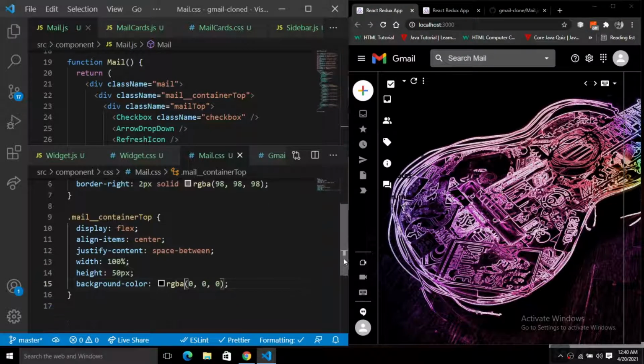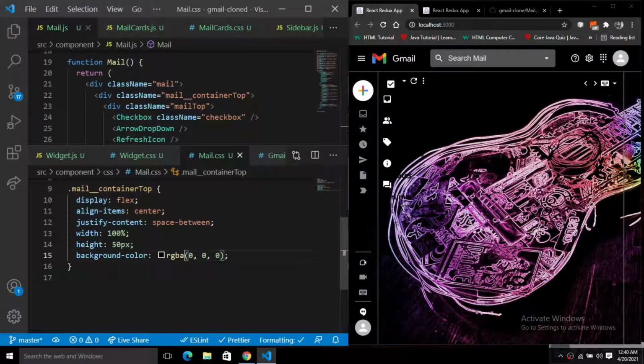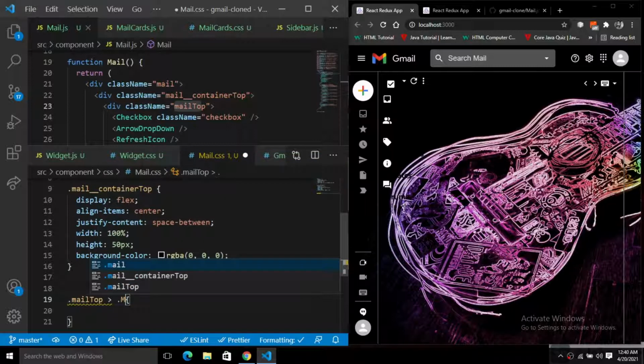So first of all, to style the icons, we have a mail top. You can see here we have a div with the class name of mail top. Inside of this mail top class, first of all, let's target the material UI SVG icon root.